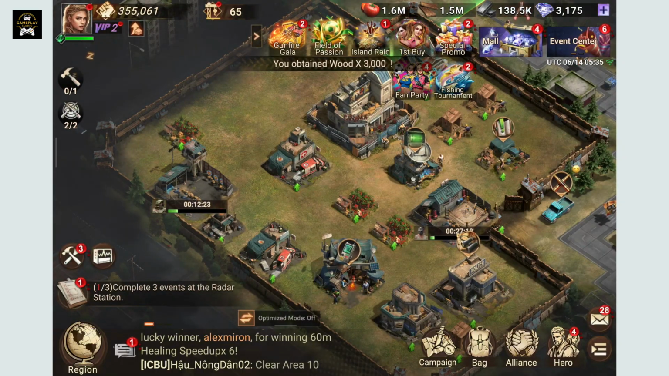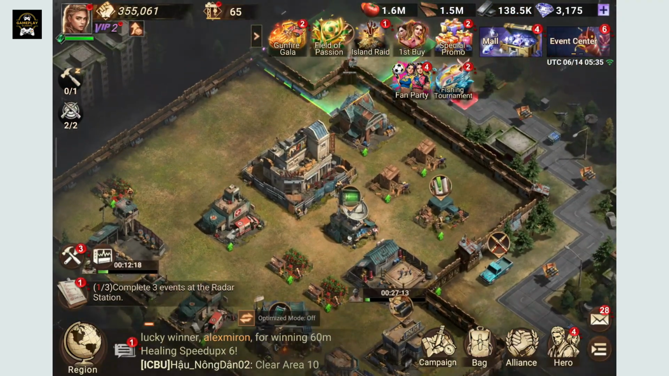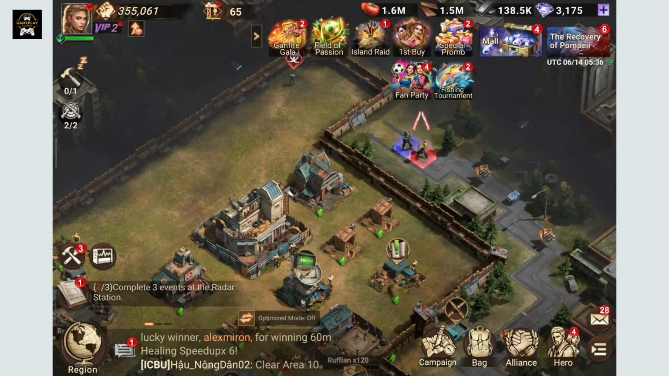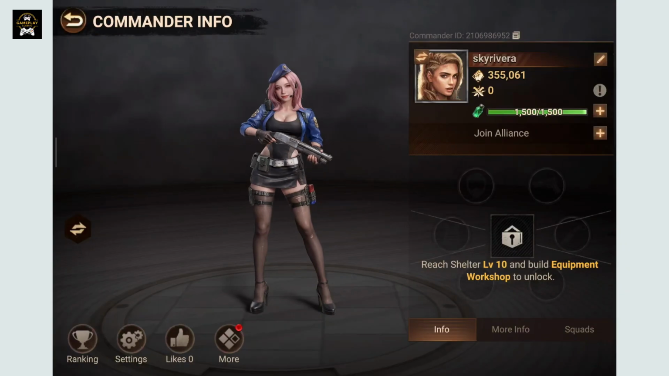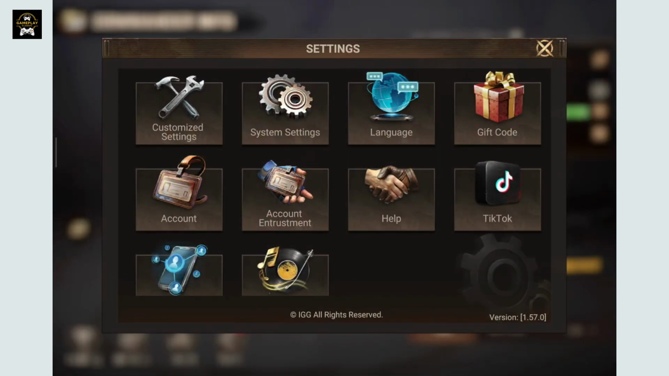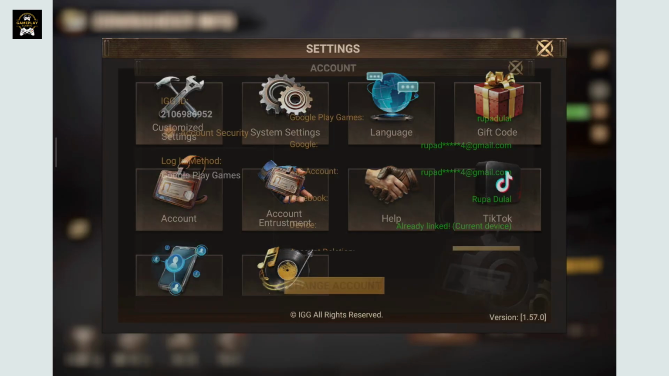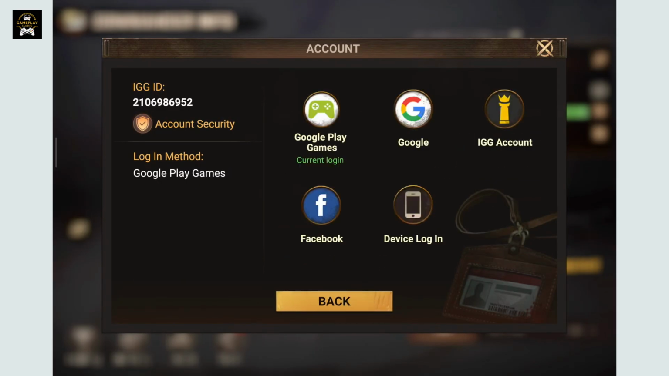First of all, open the Doomsday Last Survivors game on your device, and once you're inside the game, go ahead and tap on your profile avatar at the top left corner, and from the Commander info section, tap on Settings. Inside the Settings menu, click on Account, and under Account, click on Change Account, and go ahead and select the login methods. If you've just started as a guest, you'll see options such as Bind Account, but if